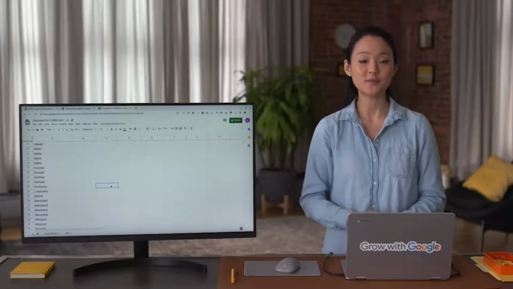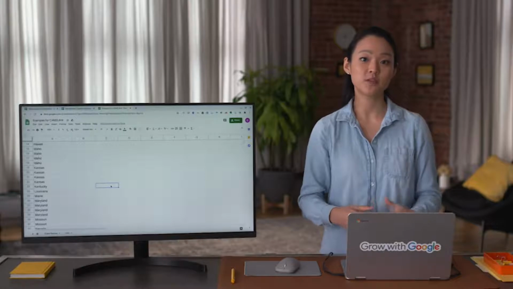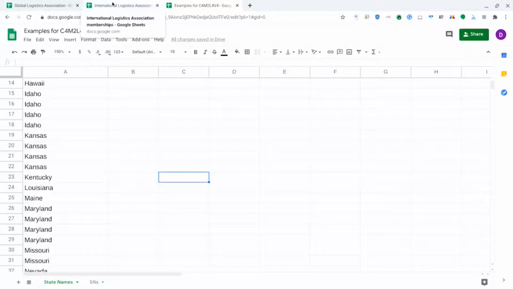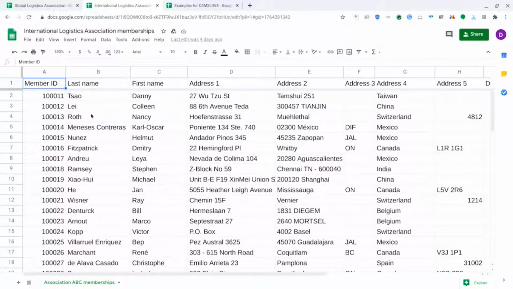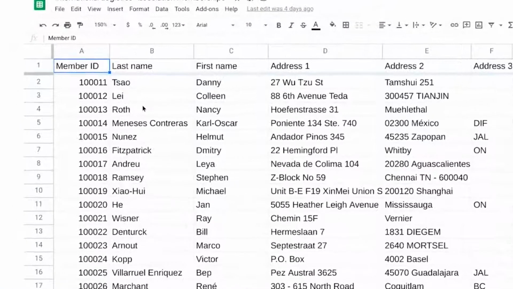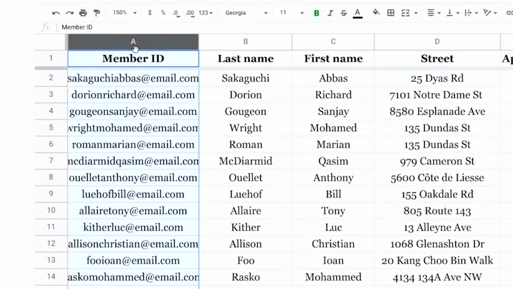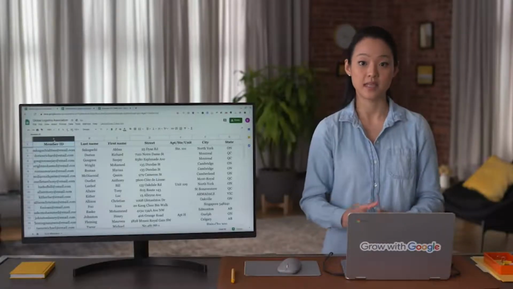To figure out how this works, let's go back to the merger between our 2 logistics associations. Starting with the first data field, we'll identify that we need to move both sets of member IDs. And to define the desired format, we'll choose whether to use numbers, like this spreadsheet, or email addresses, like the other spreadsheet. Next comes mapping the data.